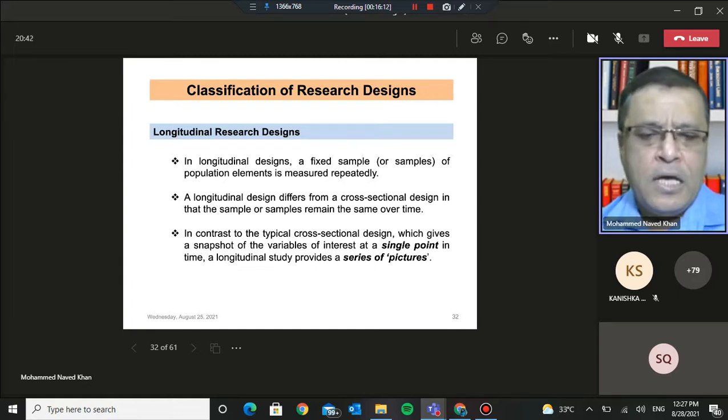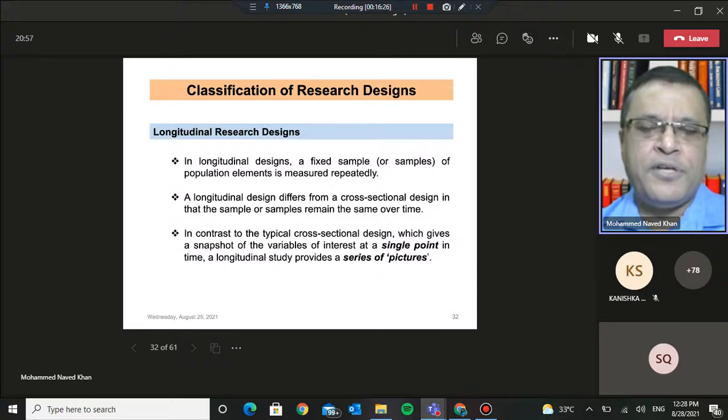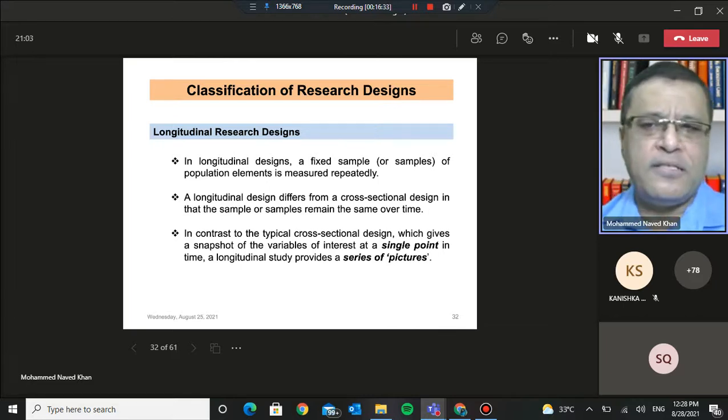Here what they do is that they maintain panels in various cities. Panels are nothing but, you can imagine, a kind of sample, and this panel comprises individuals depending upon which particular occupational group is of interest to you. For example, their age profile, depending upon the objectives of the study or the research that you are doing.